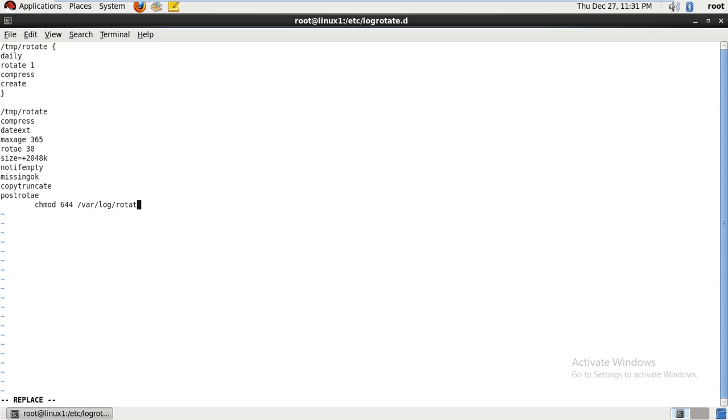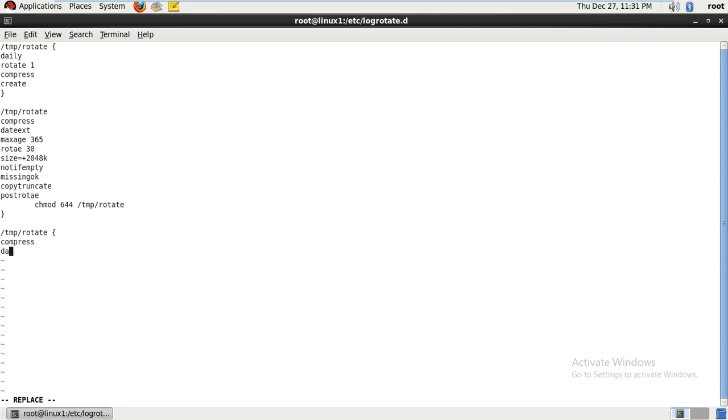Suppose my path is temp only, right? So you need to give /temp/rotate. This is what you need to give here, and you need to close the curly bracket. This is one parameter. Okay, now one more parameter, let me show you. You can write temp wherever you want to store. First you need to give that path. Rotate, I want to start the curly bracket here, then